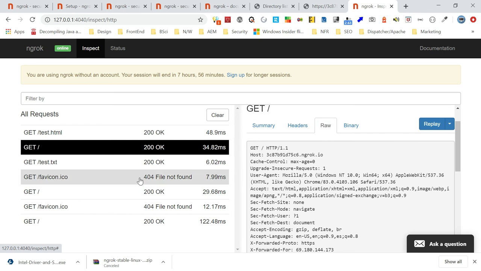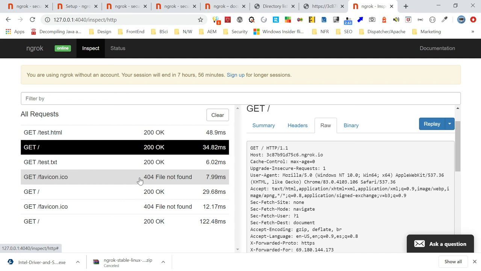Now ngrok and the Python HTTP server can be used to share local files externally without much effort and configuration. This is a very minimal, simple configuration. Through that, we were able to expose our local files, or mainly the web server, to the external user.